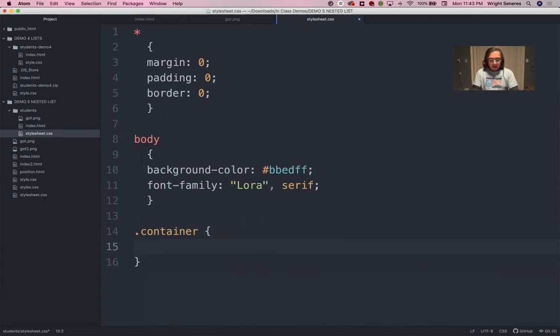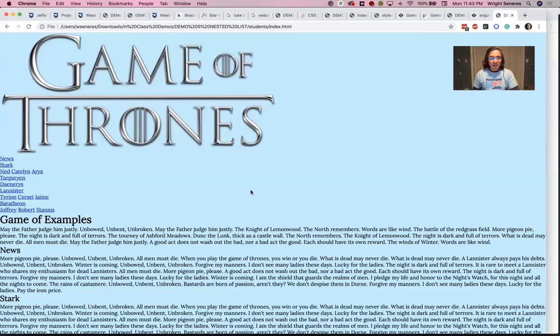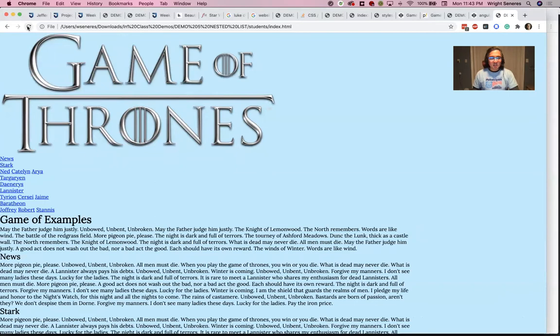So next thing, we'll add a width to this, and we don't want to use pixels so much for these kinds of things because depending on the screen and the browser that you have, it'll show up differently. Instead, I want to use percentages. So let's say it's 75%. And then we can add margins to this, but for now, I'll show you what this looks like to begin. So we've got a 75% width on this container, which has all the text, and our text 3, 2, 1 refresh. Now, it's not quite as wide as it was before,